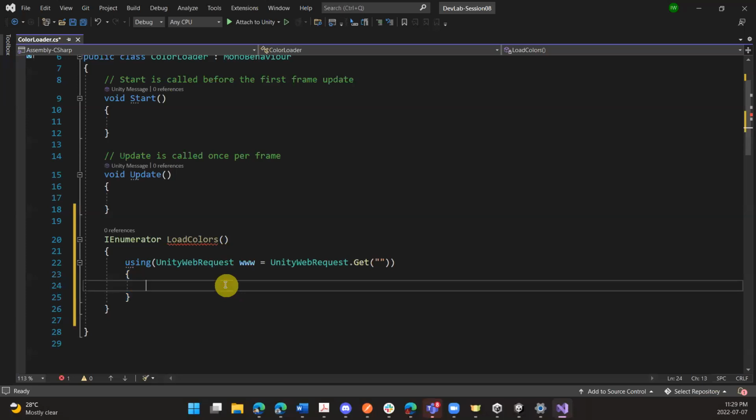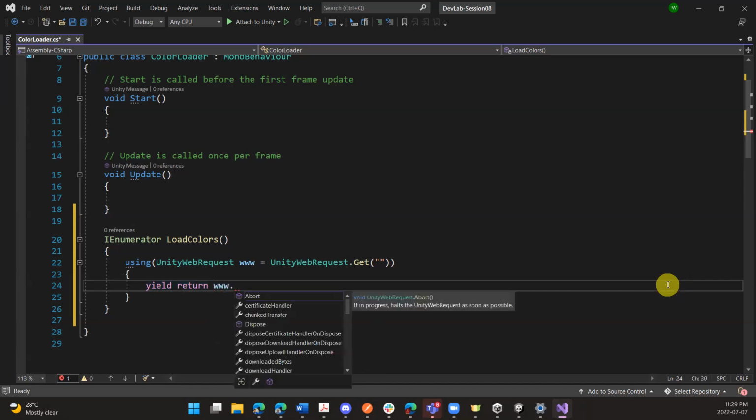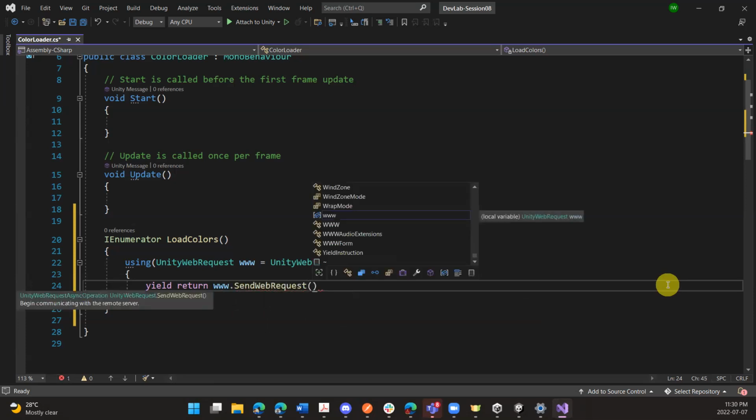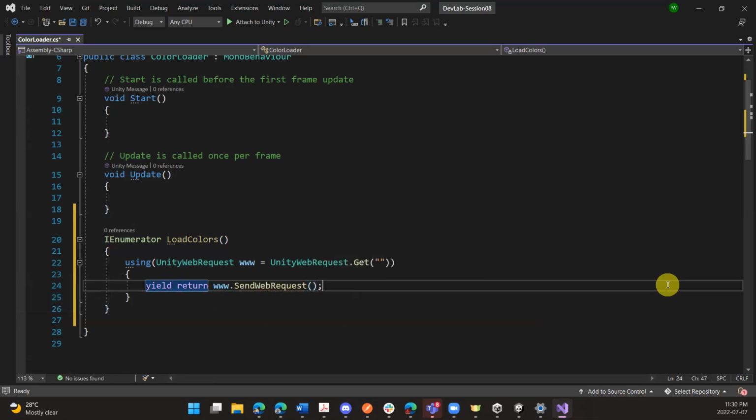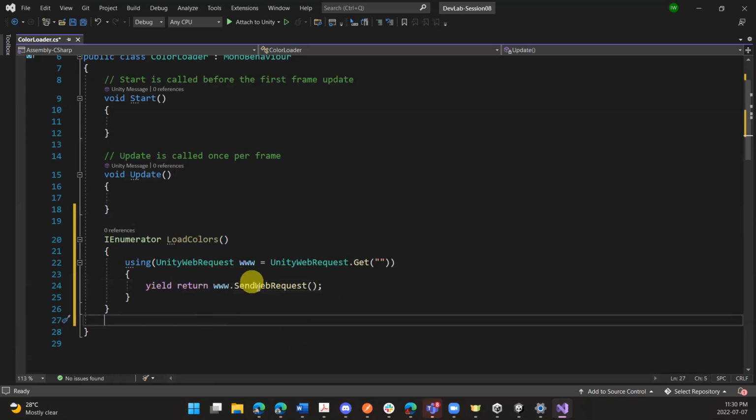Okay, so now what we need to do is send this web request, right? So what we do here is we just say yield return www.send web request. There we go. Okay, so this is how we send the web request, and you can see that we have yield return